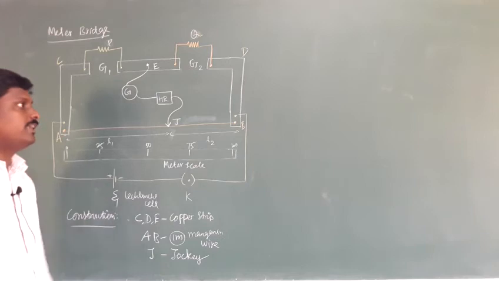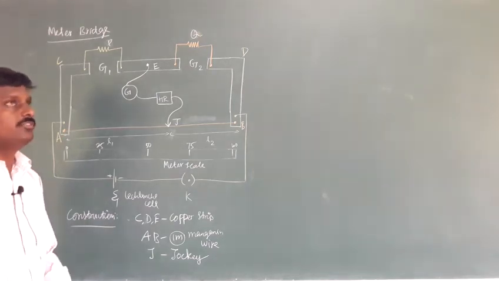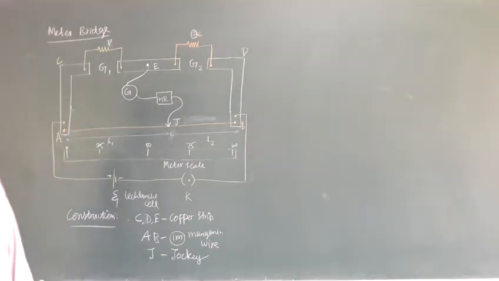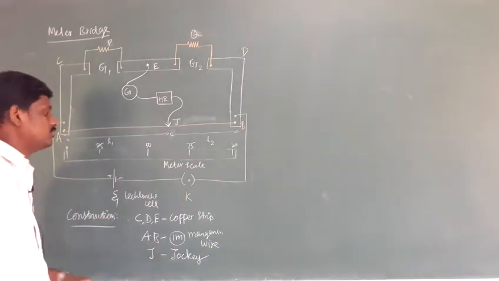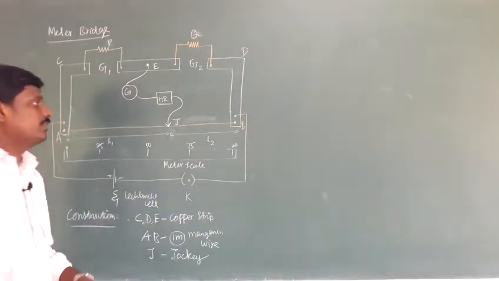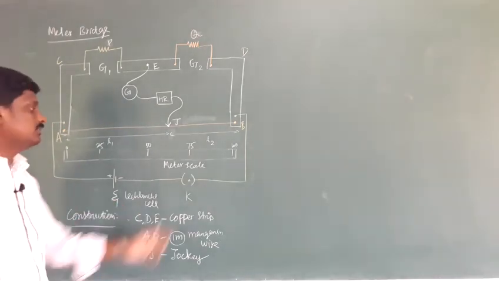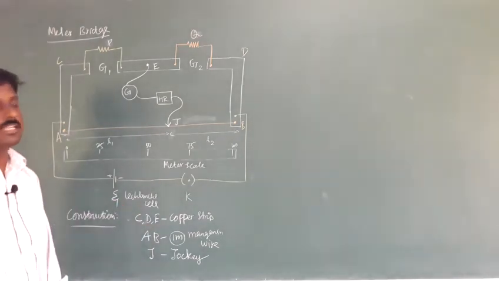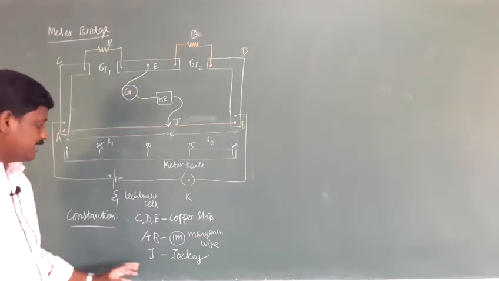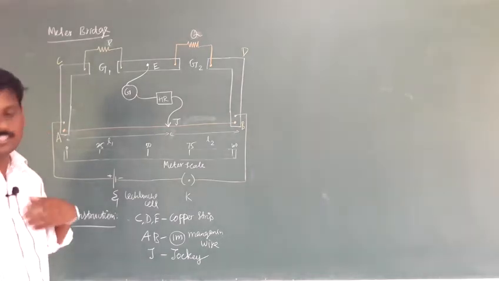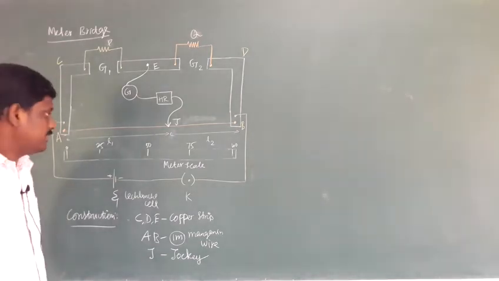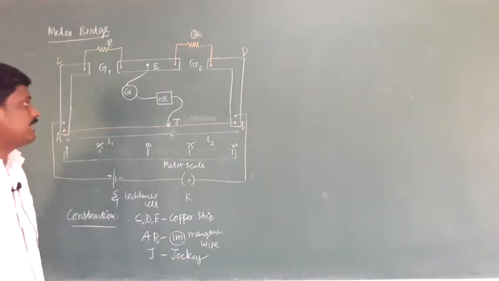If we switch on the fan, then only the fan will rotate. If there is no need of the fan, we just switch off. Similarly, the key is used in the circuit we are going to work with: we just close the switch, so the circuit will work. Then open the switch, the circuit won't work. Now J is a jockey. The jockey is nothing but a metal piece to which a wire is connected.